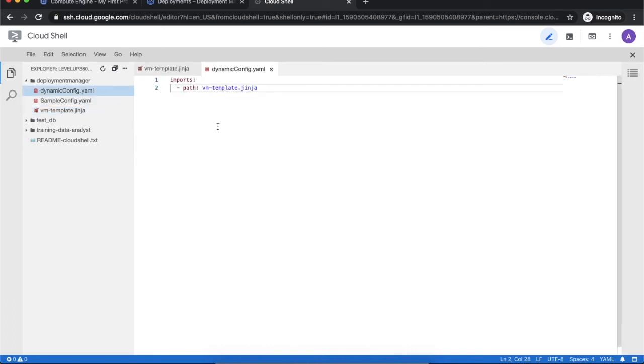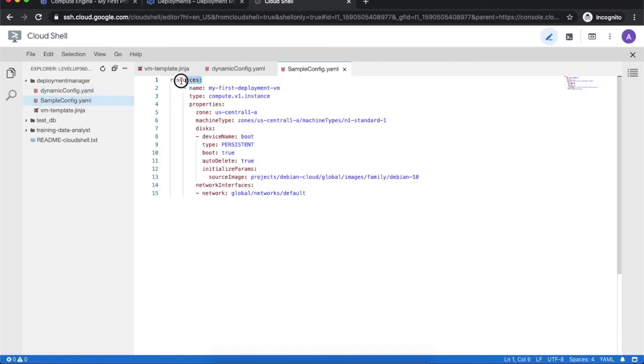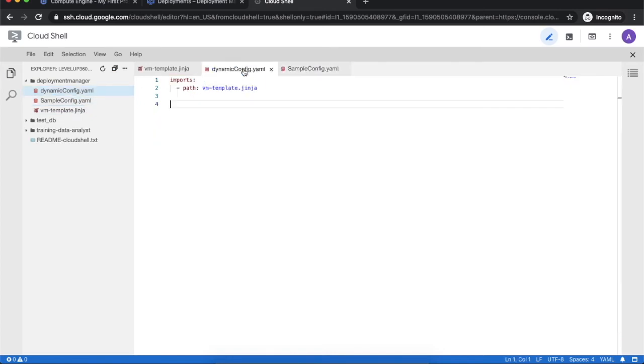To define the configuration file which has the template included, we need to import the template first. After this, once you have imported the template, you need to define the resources like this. So I will copy the resources, go to the dynamic configuration, and put it here. Now if you want, you can define the name or you can directly define the type.